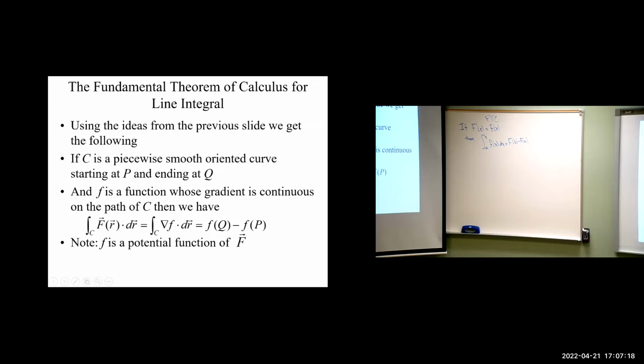So f is the potential function for f. That's the only difference here: instead of capital F being the antiderivative of little f, f is the potential function of the vector field, which we found is a gradient field. All right, we won't go through the proof, but